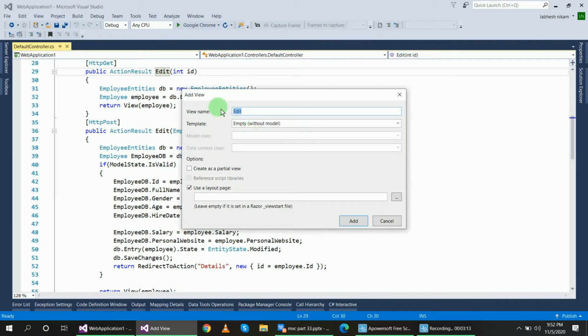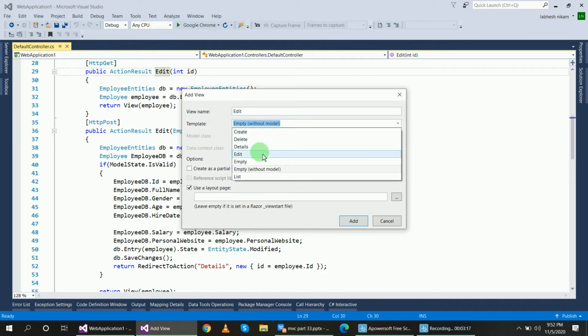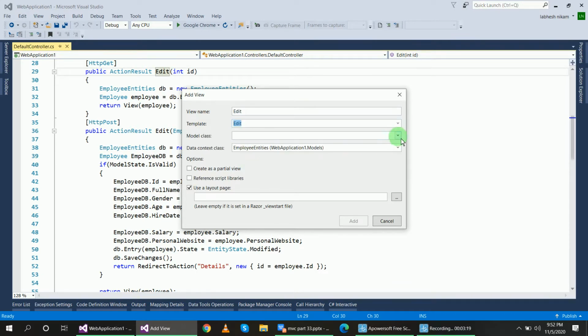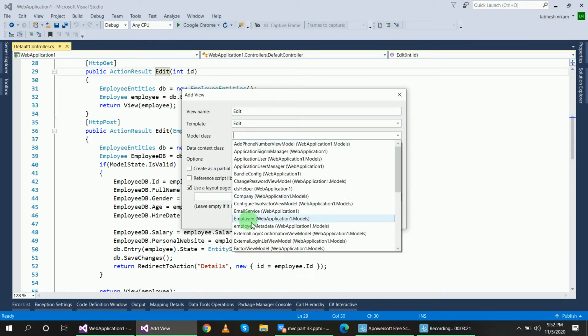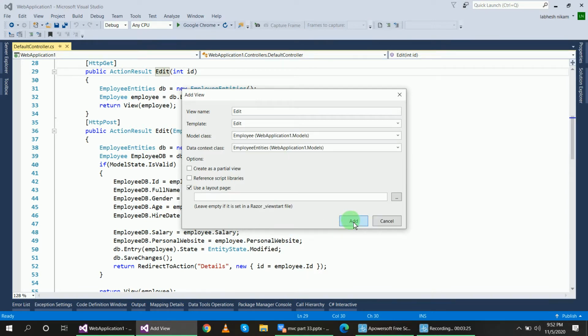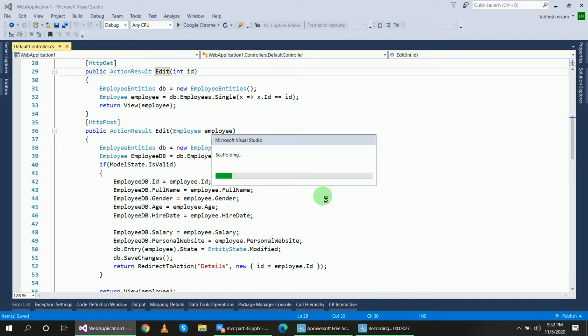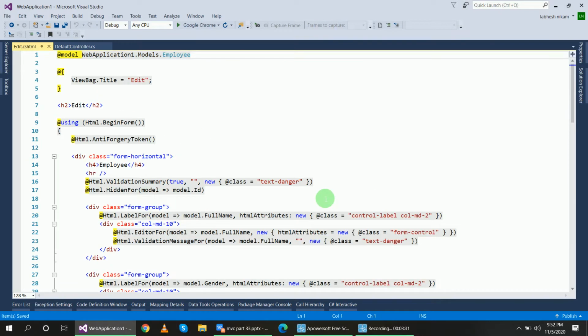Give the name Edit and display with the Edit template. Use the model class Employee, WebApplication1.Models. Add, and we will replace the existing Edit view.